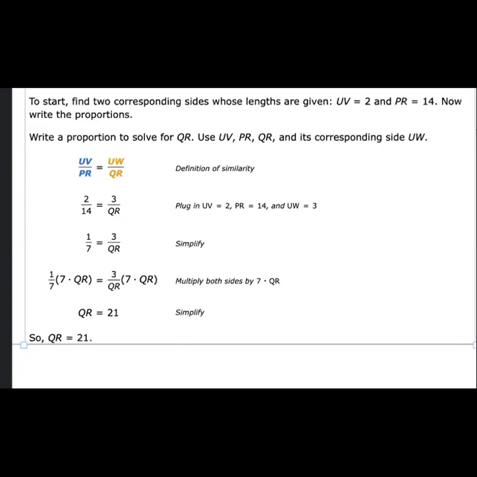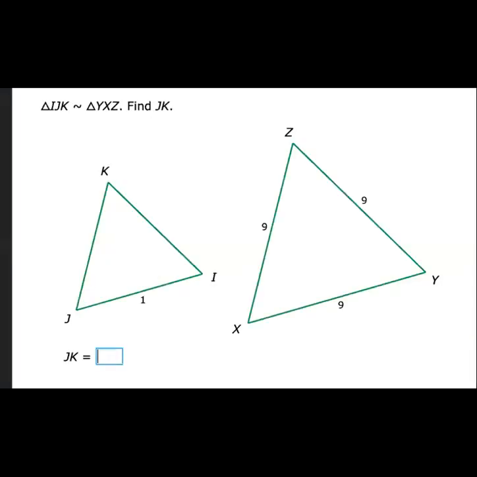All right, let's take a look at another example. All right, looking at this one, they're trying to find JK. So JK is the missing side right here. We're trying to figure out what that is. So if triangle IJK is similar to YXZ, then we should be able to find JK. Okay, so for this one, what we do know is